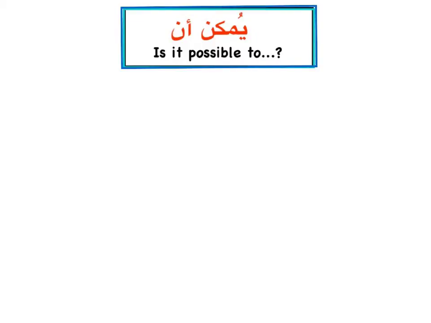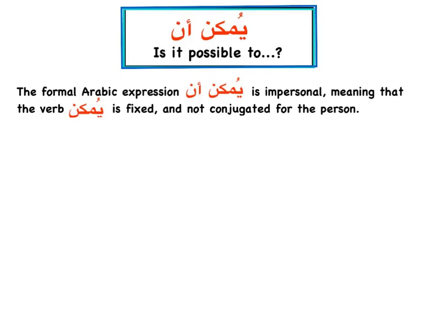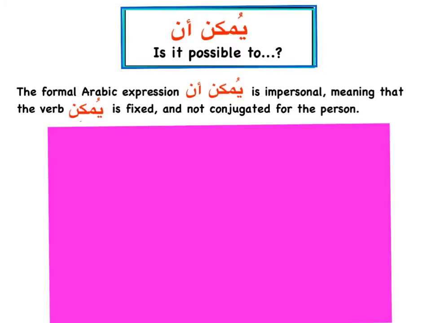Now for being polite. Is it possible to is what you say when you are asking for something. In Arabic, you would say يمكن أن, and then you fill in the blanks. Let's see how it works. The formal Arabic expression يمكن أن is impersonal, meaning that the verb يمكن is fixed and not conjugated for the person. Example, we can say يمكن